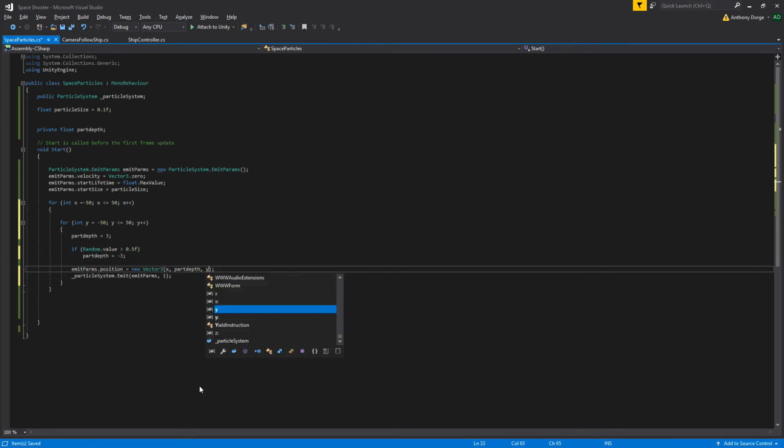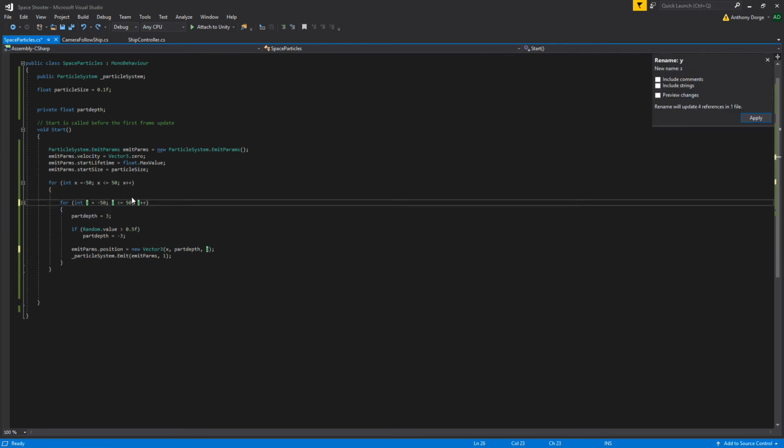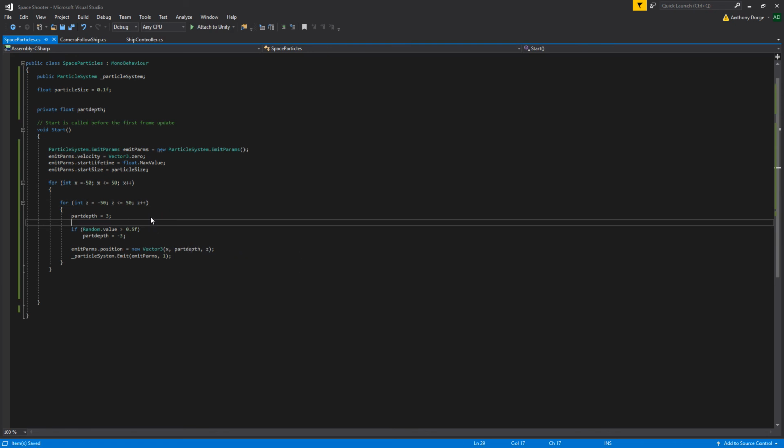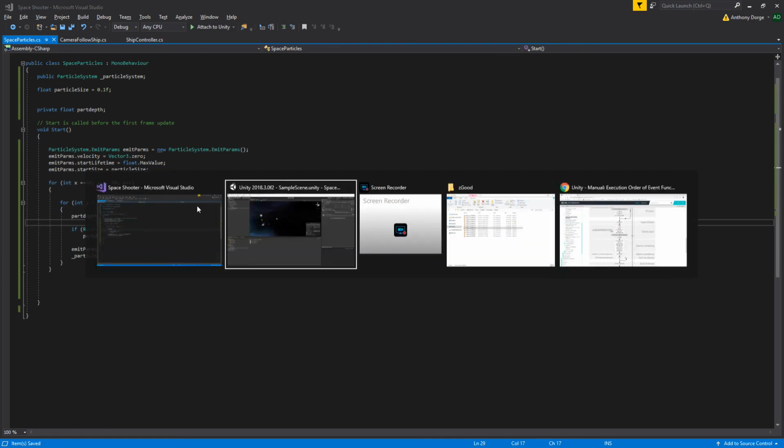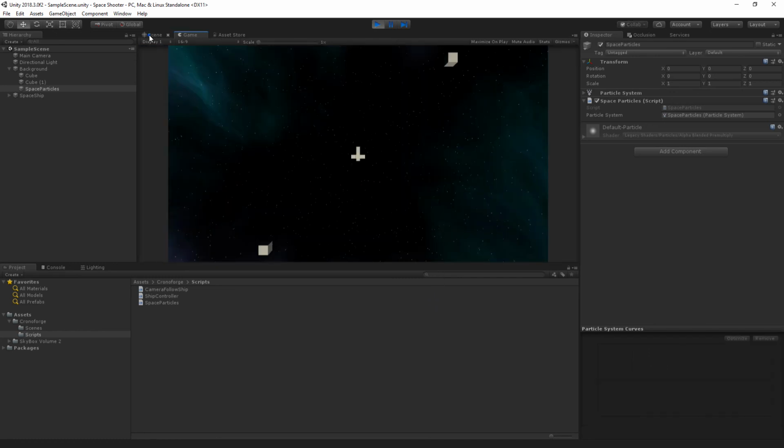Y is actually technically mapped to z here, but we could have just said z. Actually, I think I'll change that. Control RR. Z. There we go. All right. So that's all z. X, Y, Z. That's the depth, random. So now what this will do is put them uniformly everywhere in a big grid pattern, half up, half down, which is going to look very